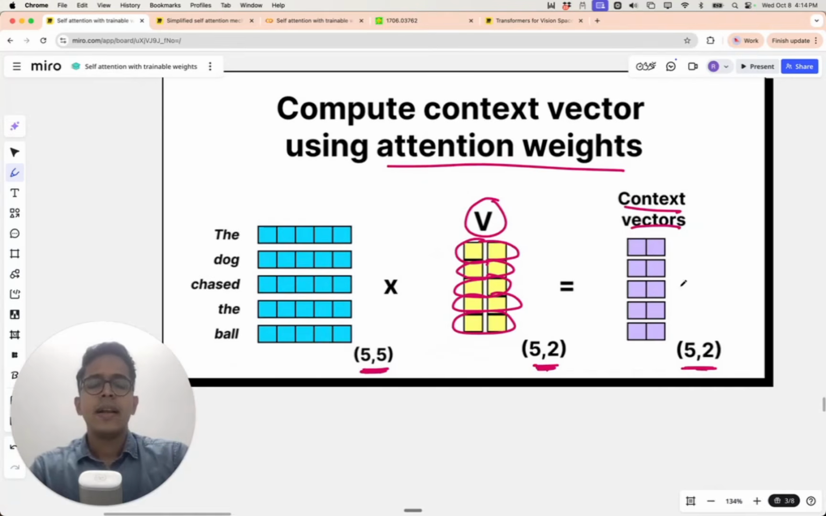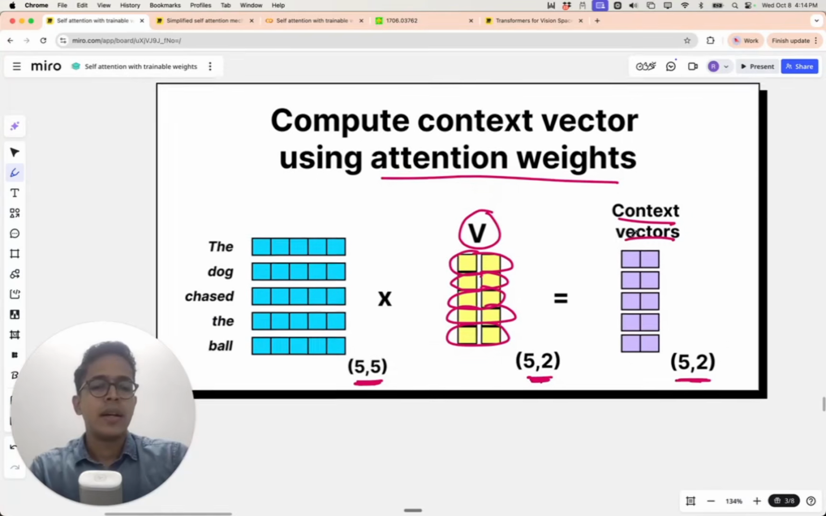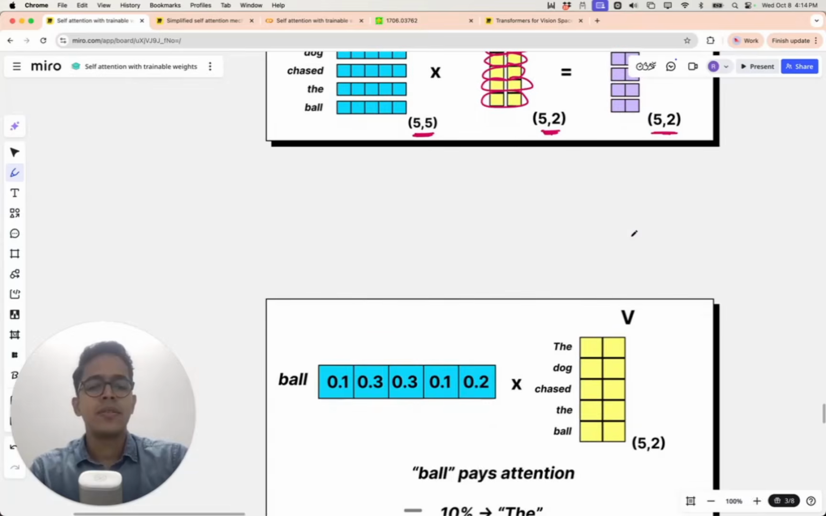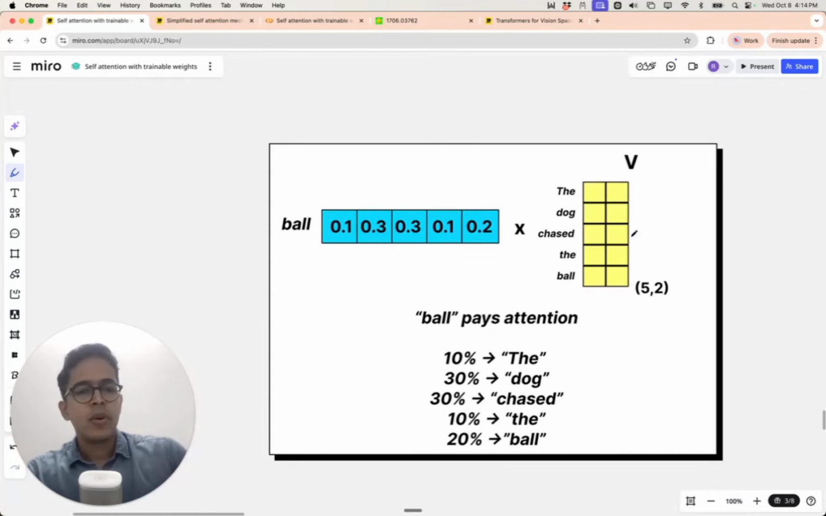Now let's do one thing. Let's implement all of this in code, right? And then we will come back and discuss a few more things. But just before proceeding ahead,